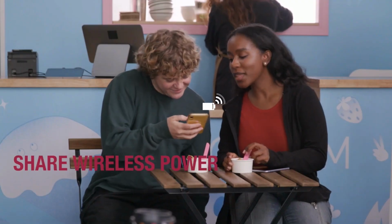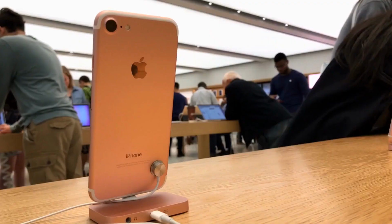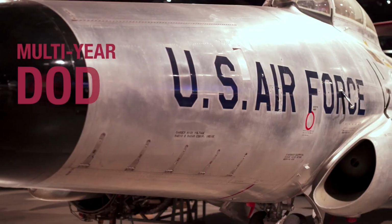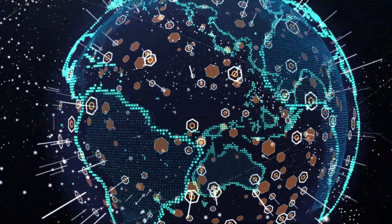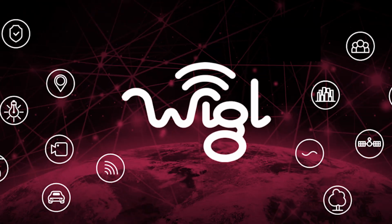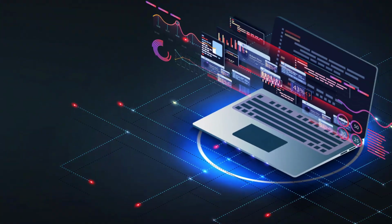Tech Talk. WiGL has also been selected and funded under an AFWERX Small Business Innovation Research Phase 1 contract to determine specific applications of WiGL for the U.S. Air Force. WiGL is currently awaiting funding for the AFWERX SBIR Phase 2 for further military applications of wireless power networks. Additionally, WiGL is awaiting additional funding from the National Science Foundation for a separate SBIR proposal supporting larger federal